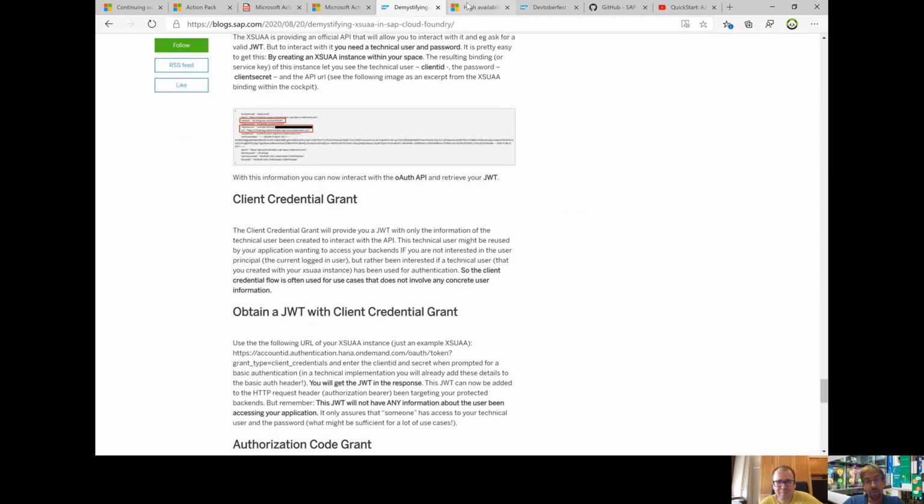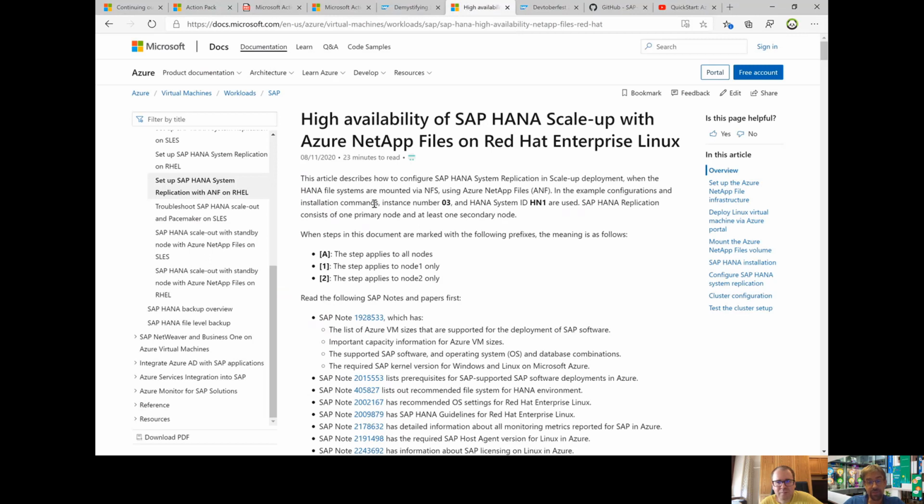Another hopefully helpful blog or documentation. Remember in the last few episodes we talked about high availability blogs that were published on the SAP Community Network, on the tech community in Microsoft. But now we just released also officially on docs.microsoft.com a new document that talks about high availability for SAP HANA scale-up with Azure NetApp Files.